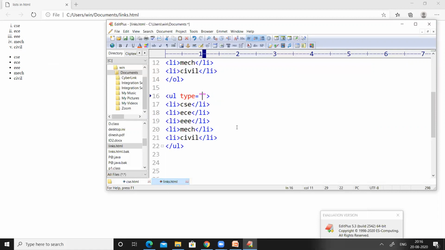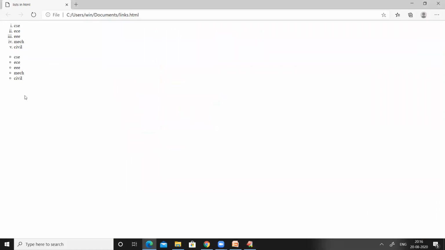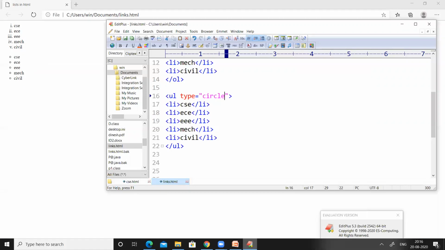Save the program and type circle. Save the program and refresh the web page. So if we provide disk, or if we don't provide it, by default black bullets appear before each list item. But when we changed the value to circle for the type attribute, the list items are bulleted with a circle.